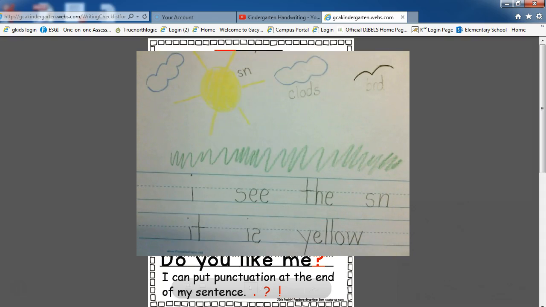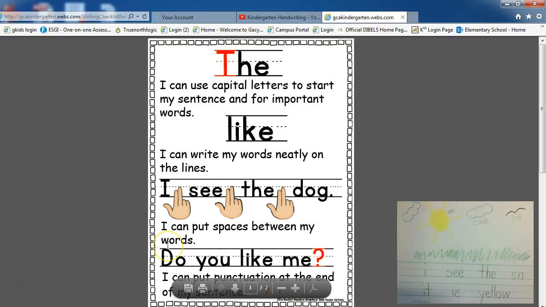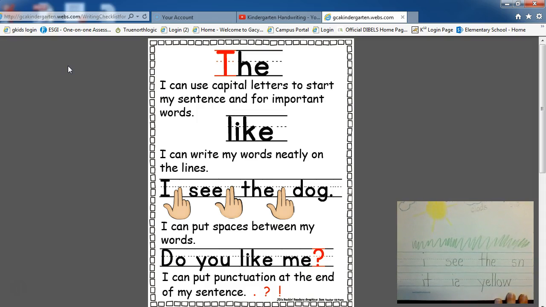Now it's time for us to edit our work, and I wanted to show you what that looks like as well. I would go ahead and grab the writer's checklist. Remember, this was found on our kindergarten website. And you'll start at the top, and you'll look through all of these things to make sure your student has done them. So we see that